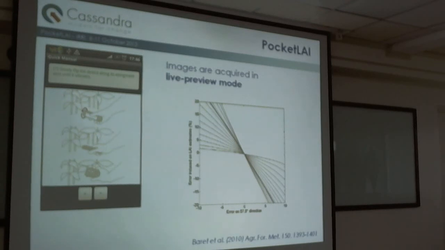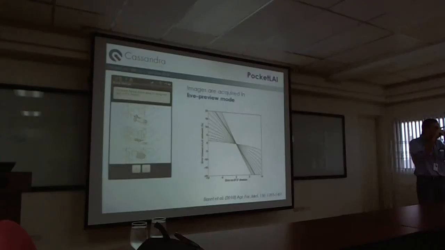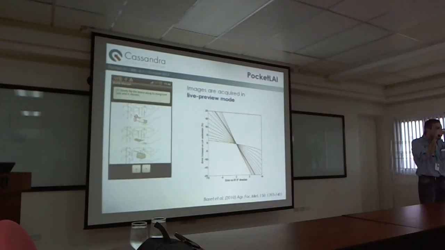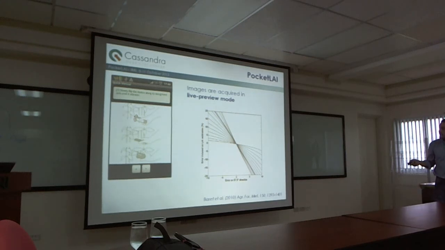Moreover, it is also important that images are acquired in live preview mode. Live preview mode is the one you see when you take a picture with the device, before clicking. This is because they demonstrated that 57.5 degrees is the target angle, and if there is an uncertainty from this angle, the error in the index estimation can be